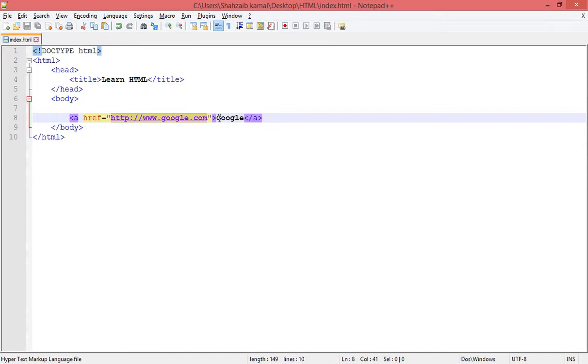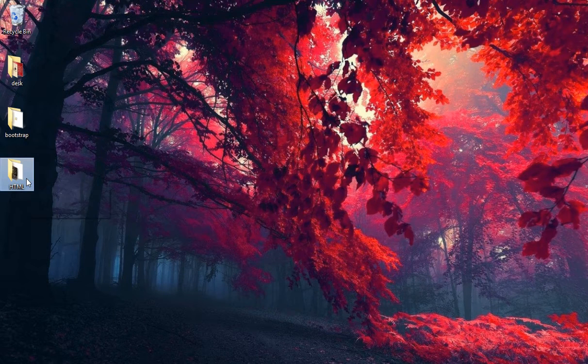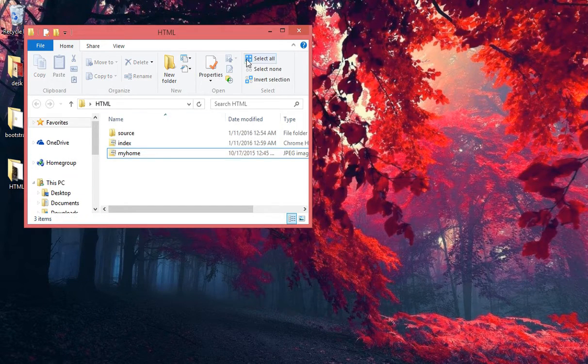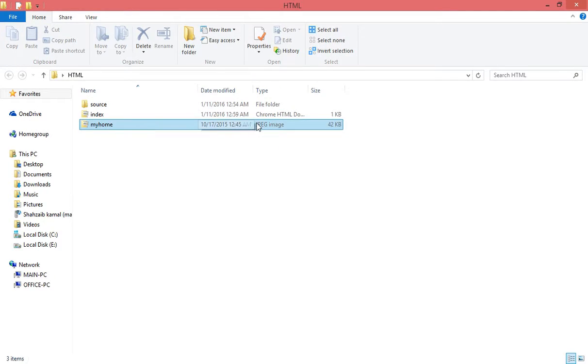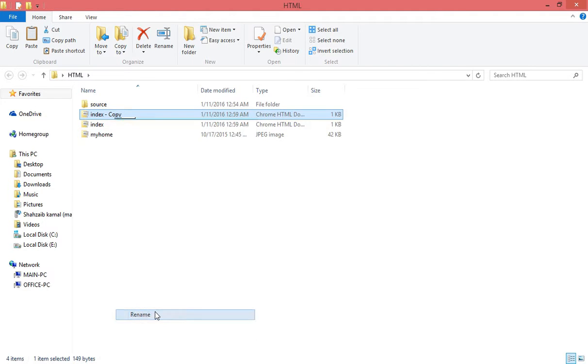page. But what if we want to send our web page to another web page of the same website, meaning our website? Unfortunately, if I go to the HTML folder, there is only a single file. The other file is the JPG image, and this is the HTML document. So I just need to copy and paste this one, and instead of index copy, I'm renaming this. It's automatically in HTML format because I duplicated the index file, which was the old HTML